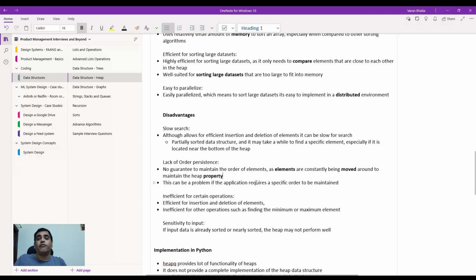And this is definitely going to be a problem if your application requires a specific order to be maintained, correct? So heap, there is no order persistence, correct? It is inefficient, obviously, for certain operations. It is definitely efficient for insertion and deletion, but it is, as I mentioned, slow in search, which means that finding a minimum or a maximum element, it's not the best choice of data structure, right? Also, it is obviously very sensitive to the input, because if the data is already sorted or